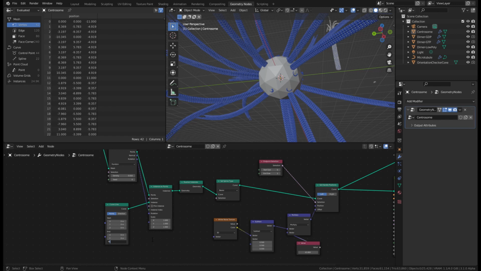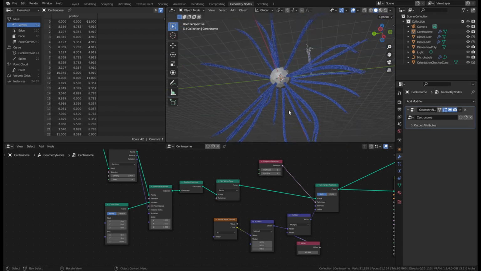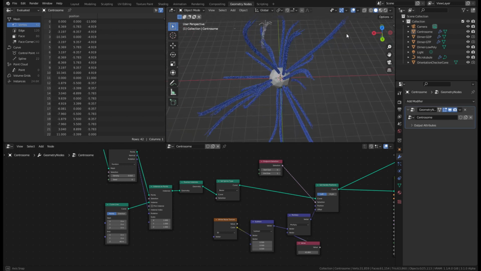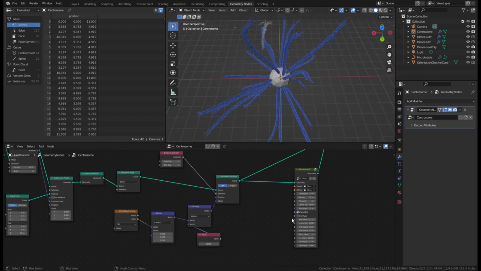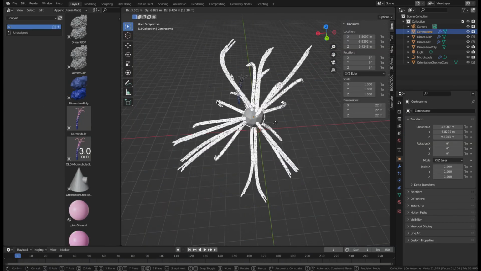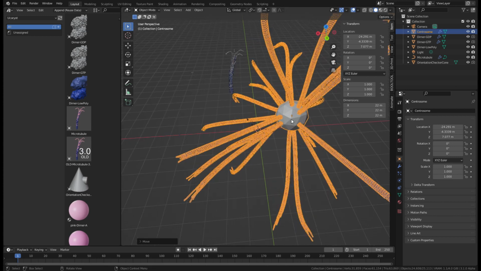I reckon I should make this positive 66. Yeah, much better. So now we have our sort of centrosome looking thing. I mean, the ends look a bit strange. I would tweak these parameters, but as you can see, we have a sort of centrosome-like object with microtubules coming